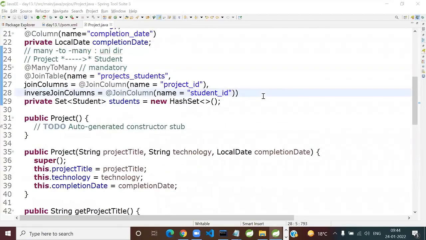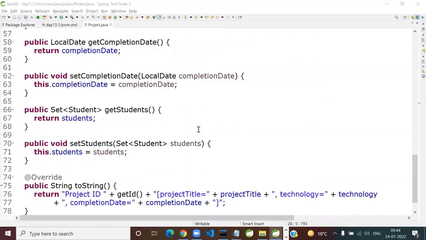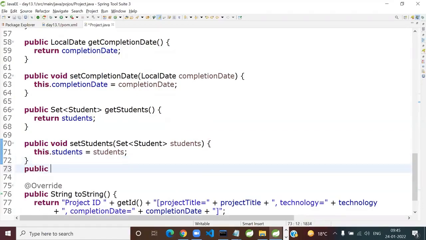So which is this relationship? Many-to-many, unidirectional, from project to student. Here you can definitely add your helpers: add student, remove student. So I will do it this way. Instead of talking about it,